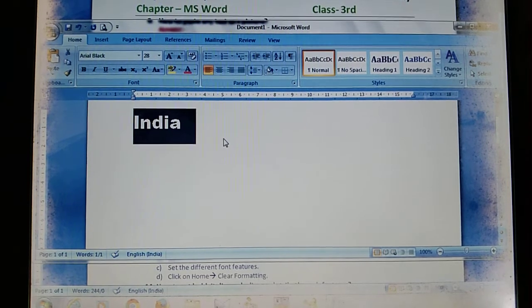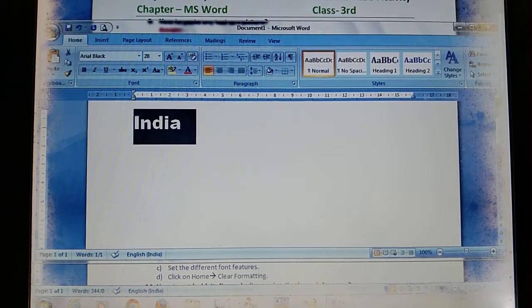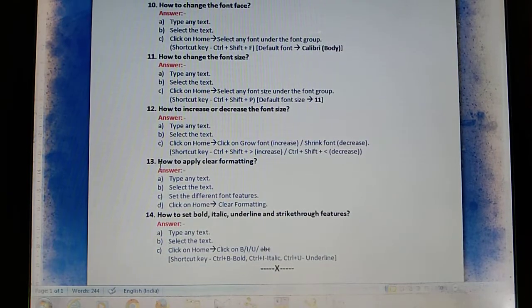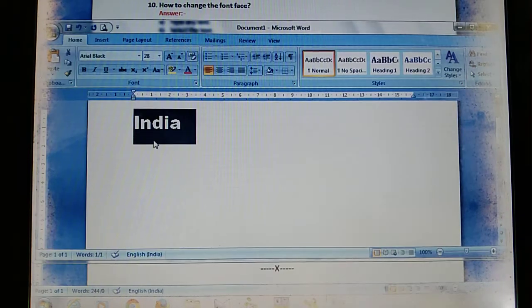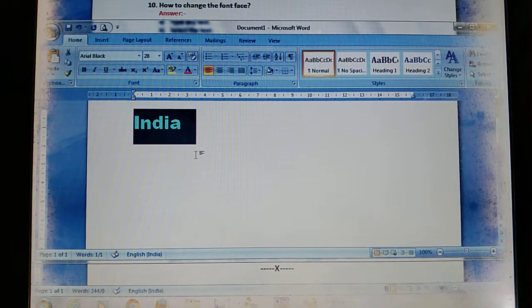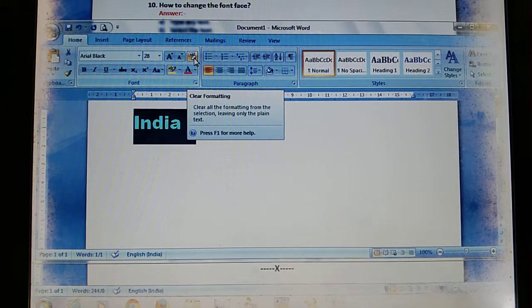Now the next question. What is the question? How to apply clear formatting. Look at the text, India. I apply here Arial black, font size 28, and the color red. I want to clear it. Where is clear formatting? Look at here very carefully.